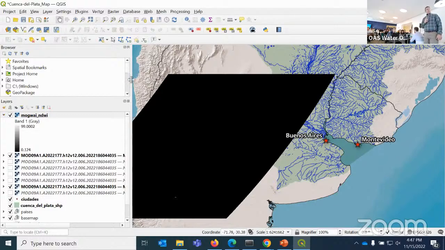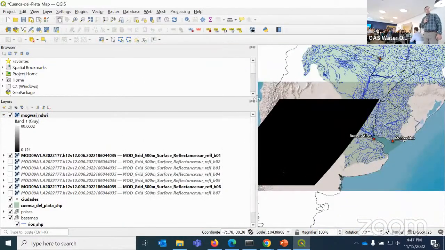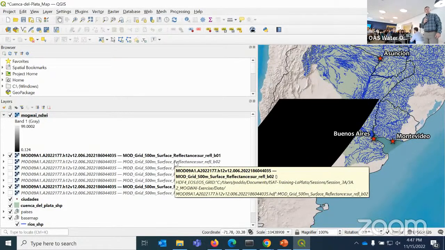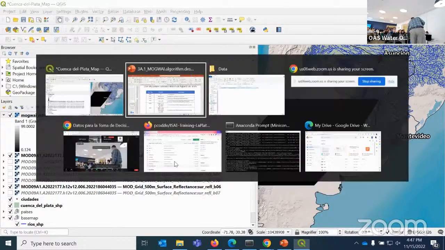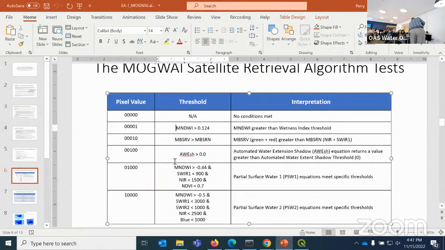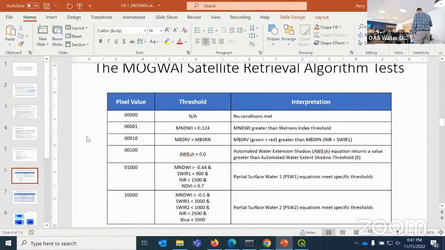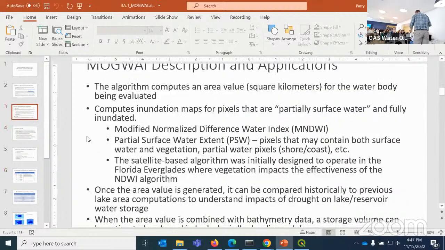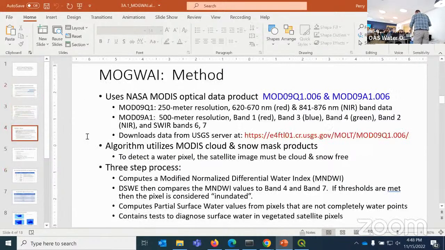How did it pull it in? Oh, it might be. Yeah, it might be because, so what band, go back to your slides here. When I write this stuff down, I forget what I do. If you go back up. No, back down. Okay, so band